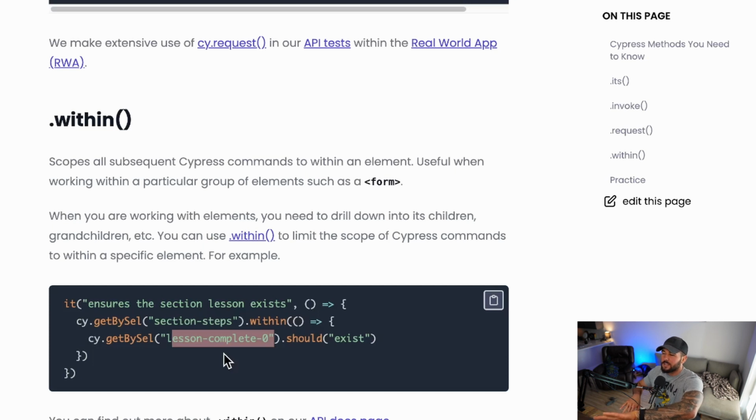Like you don't want to accidentally be getting an input that is maybe in your nav bar, maybe a search input within your nav bar, but you also have a search input within your form, and you just want to get the one within your form. Well, you could use this .within method to only focus your queries or your Cypress commands on the element within